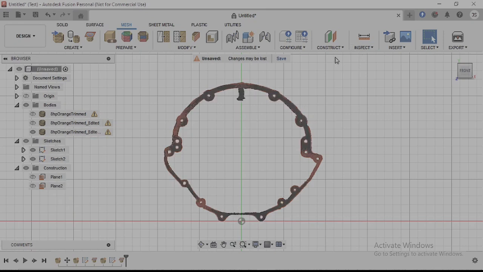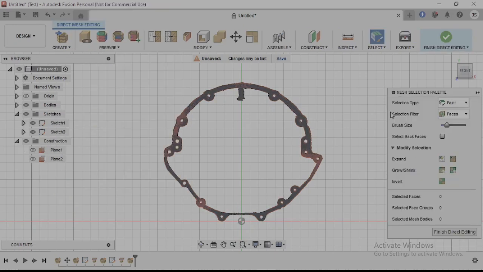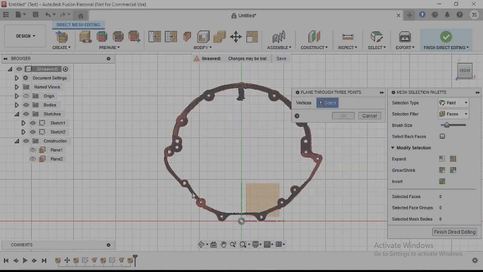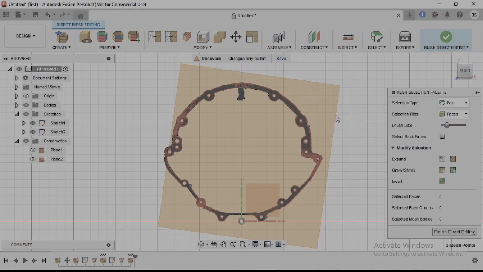So I'd go for a 3rd time. Here I am doing a direct edit again, going up to construct plane through 3 points again, and I'm going to try and just capture this lower section as best as I possibly can. There's really no good place to put these. I kind of noticed as I did more sketches just to narrow in further and further and further to try and just capture the spots that I want. So finish the direct edit,